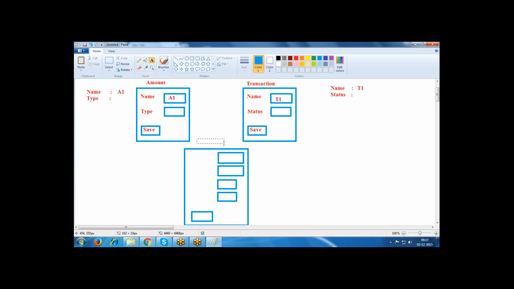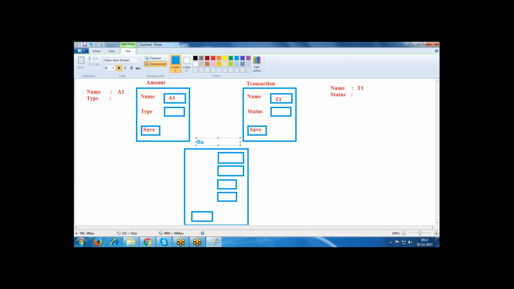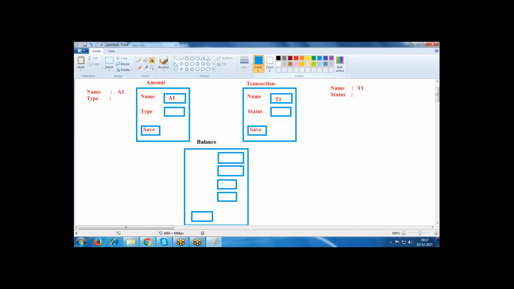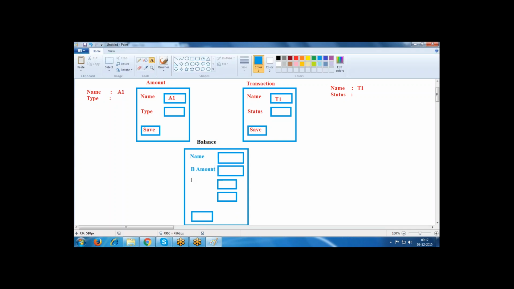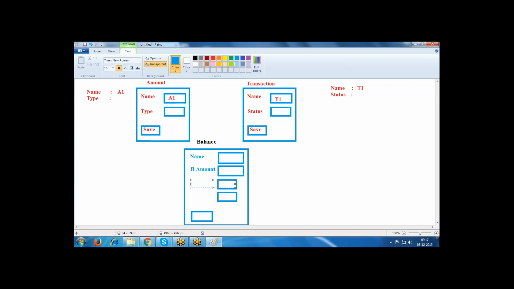This object name is balance. Now the field name is here, name. Here balance amount. This is amount.